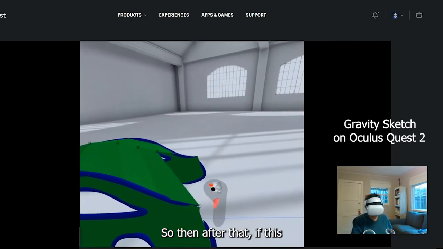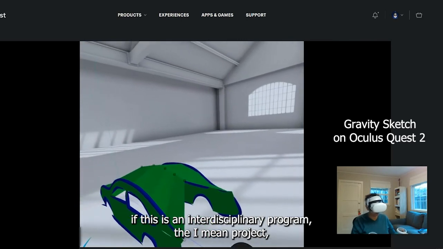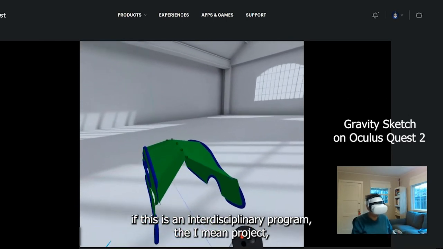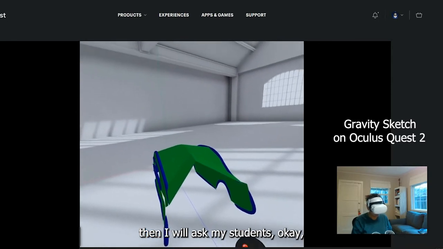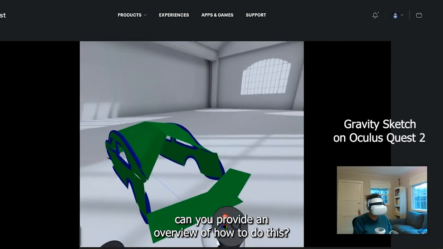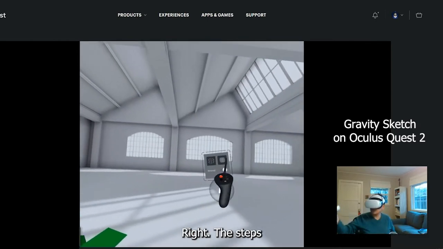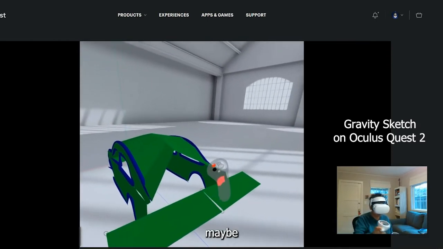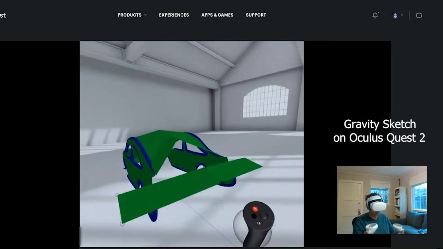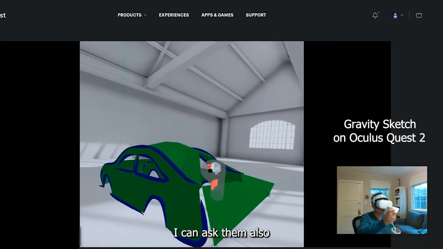So then after that, if this is an interdisciplinary project, then I will ask my students, okay, can you write an overview of how to do this? Can you write the steps? Maybe I can ask them also